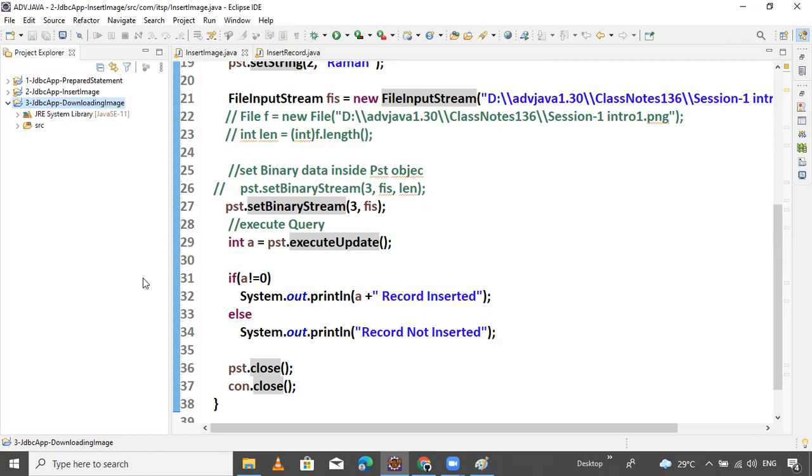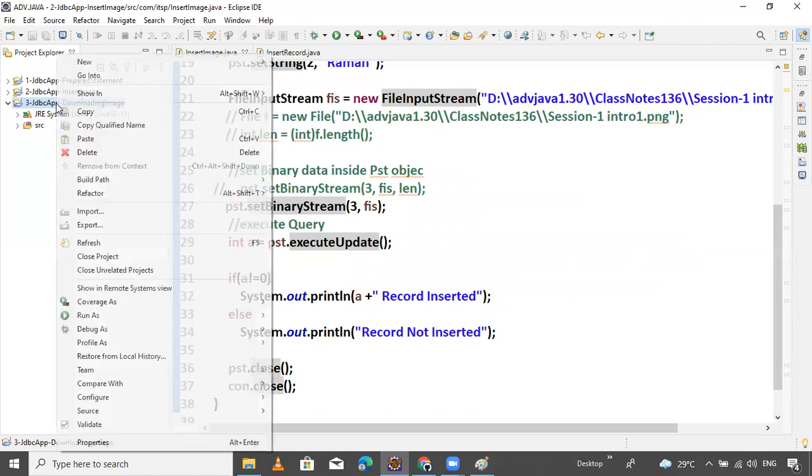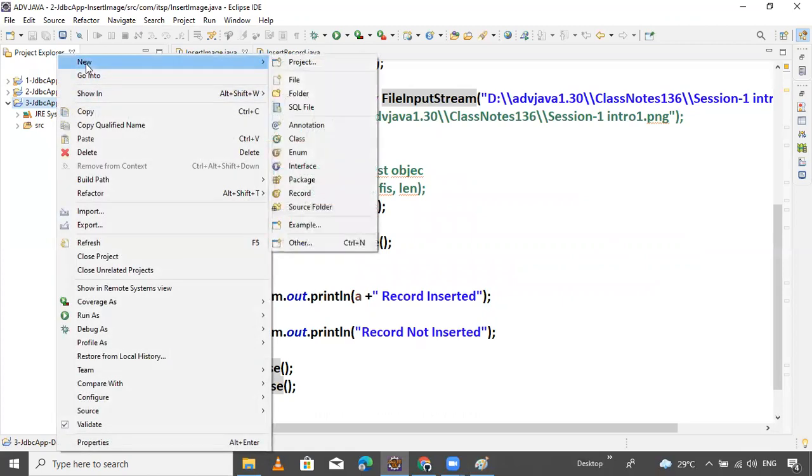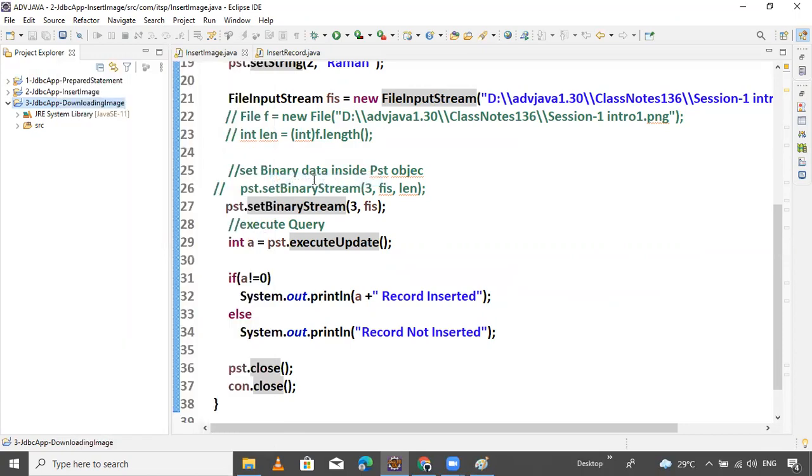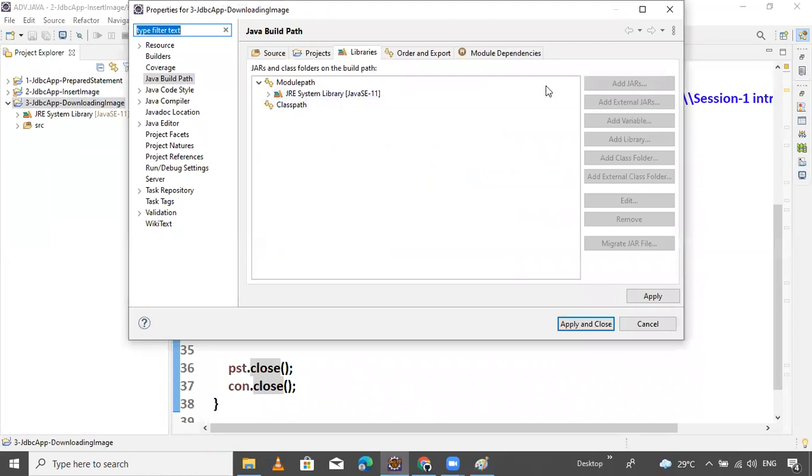My system is a little bit slow here, so please wait. Search for build path and configure build path. Select class path, don't select module path, and add external jar.